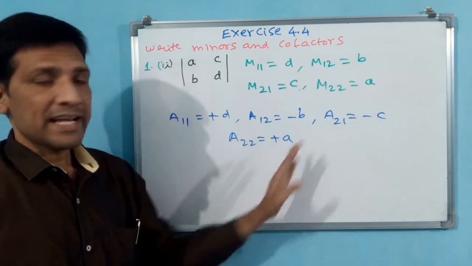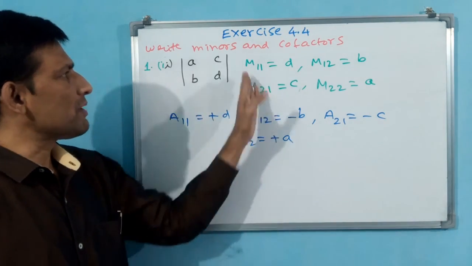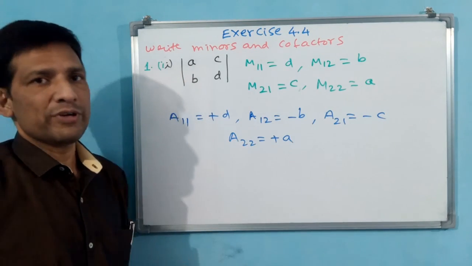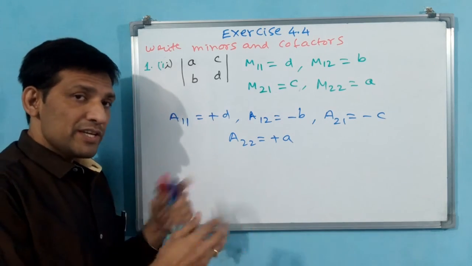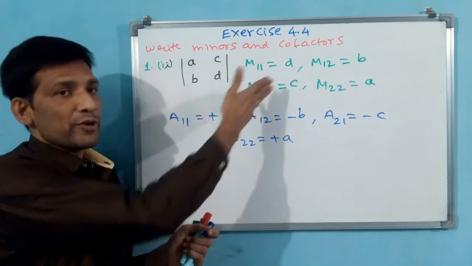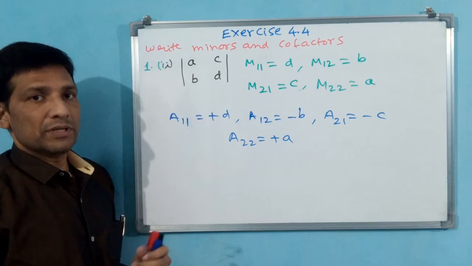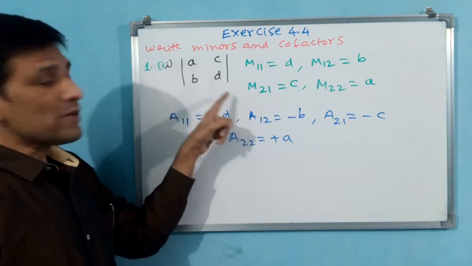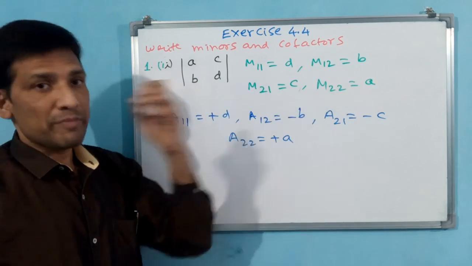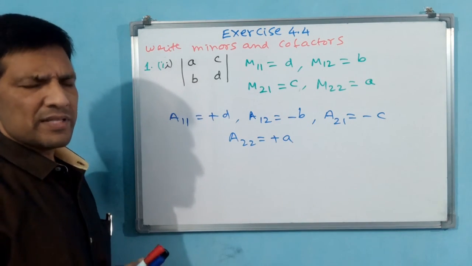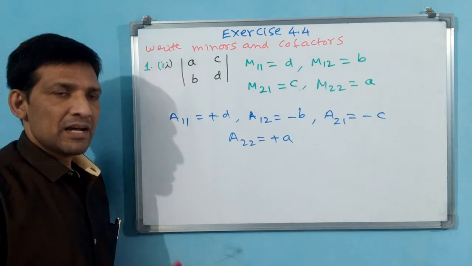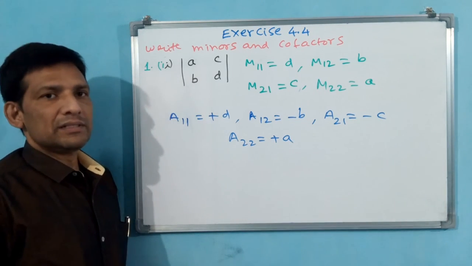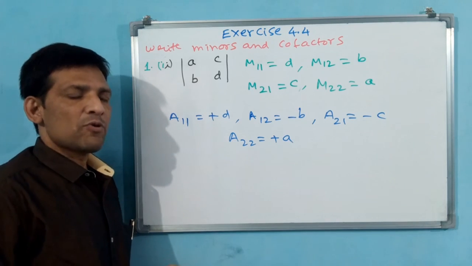Now you see here, in cofactors the sign has been changed, but in minors there is no change of sign. Whatever the elements are there, same elements are going to come. If it is 3 by 3, AD minus BC, if it comes negative, then negative will come in minor also. In minor, the possibility of minus will come. Even in 2 by 2, if minus is there, the same minus is going to come in minor. That means there is no sign change in minor, but for cofactor we have to change the sign. This is the difference between cofactor and minor.